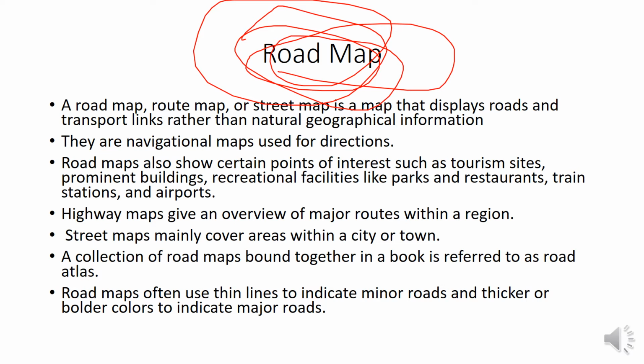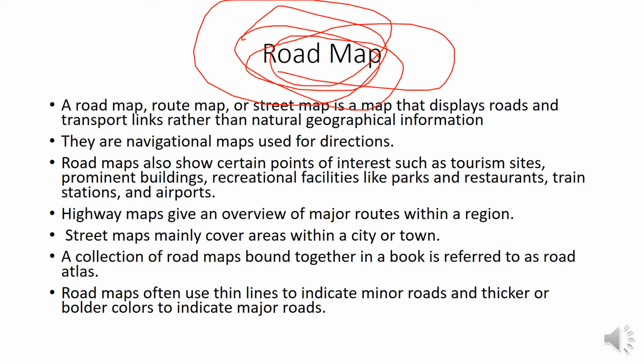But road maps, they're basically street maps, okay? Now you can have a highway map, which gives you an overview of an entire area and the main highways, okay? So a highway map, you can say, okay, well, I need to take Route 3 to get to Rockland. But then that highway map just shows you the major highway routes and what exit to get off. But once you get into Rockland, you need a map specific for Rockland. And that's where a street map comes in handy